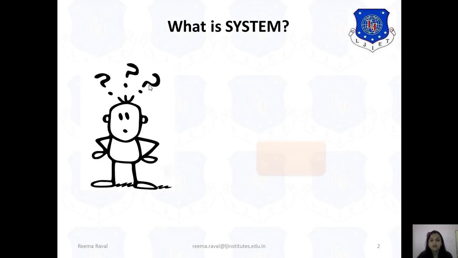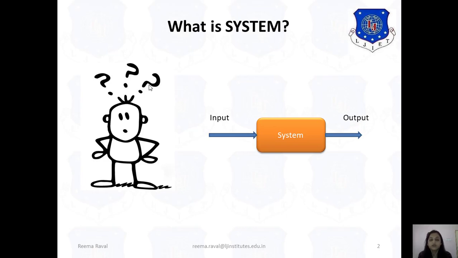So we can say that a system is an entity which performs a variety of operations on the input signal according to the system specifications. That means according to the kind of system, it will give the output signal, right? Here we are going to consider the digital signal processing system. So here our input will be a signal which is not processed and the output will be a digitally processed signal, right? So here the system block will be the digital signal processor system.